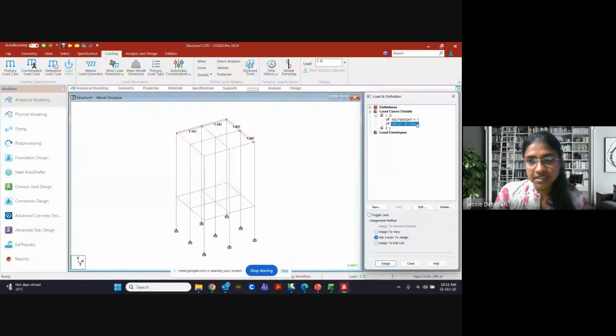Okay, so now tell me where this load is going to come. Okay, one second. My screen will not be visible, I think. Just a minute. Okay, so I think now you all would have understood how we got this. Now, where is this load going to come?